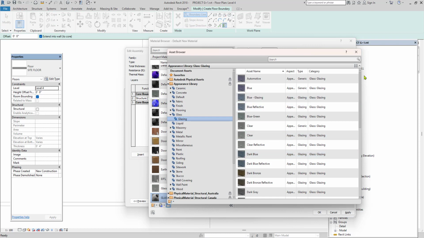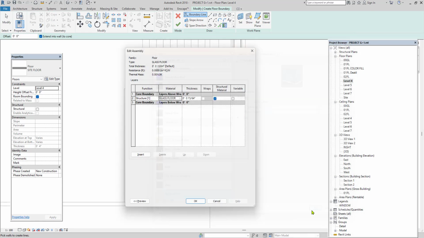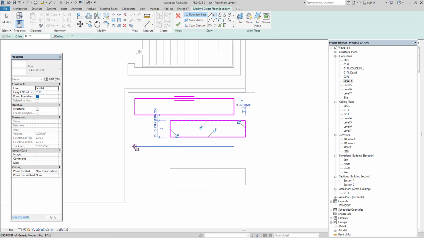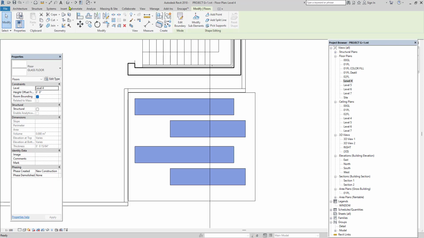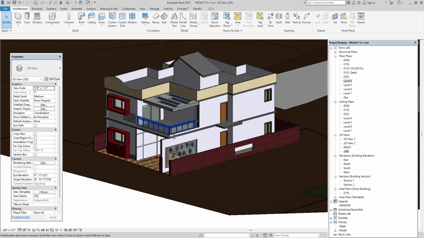I want to apply this dark blue color. Even if you want to change the reflection of that color and then color of that glass, you can change and customize depending on the requirement. Apply, OK, OK, OK, and then fill up the gap between this design. Finish it. So this is how we create the 3D model.